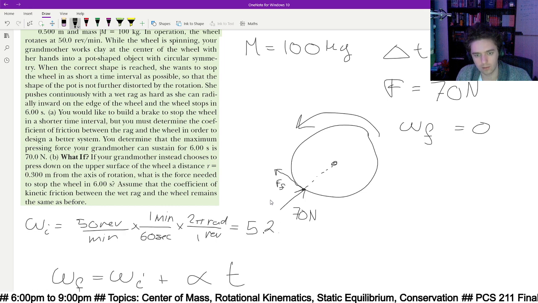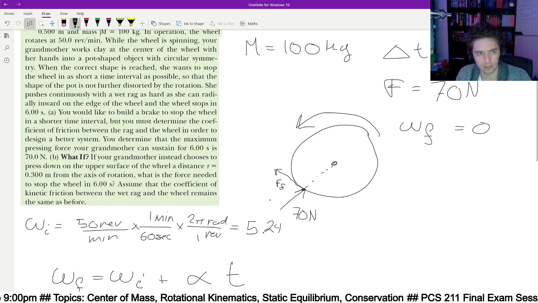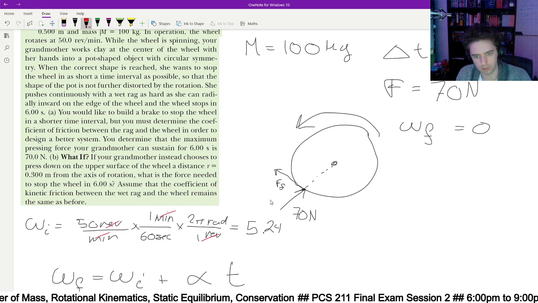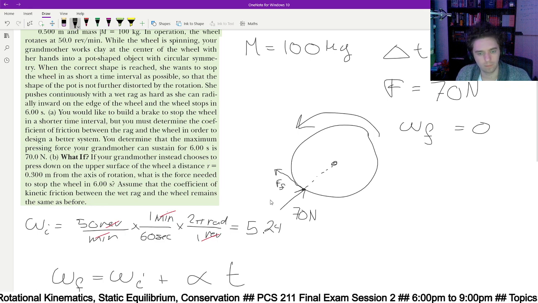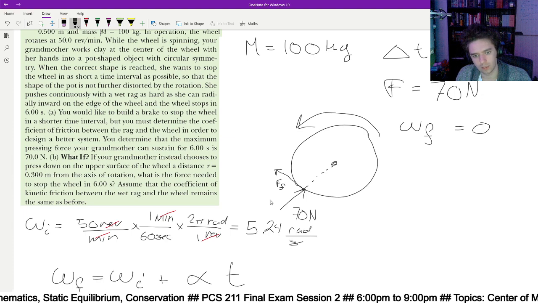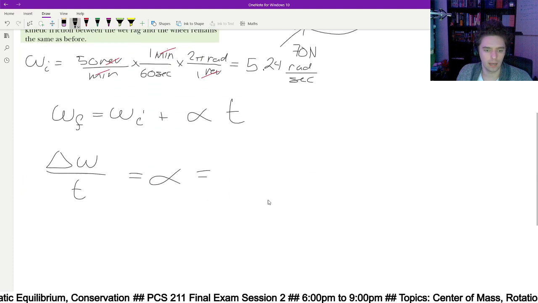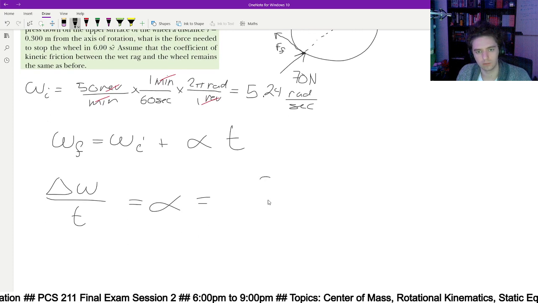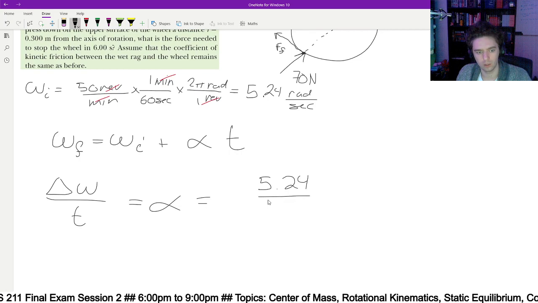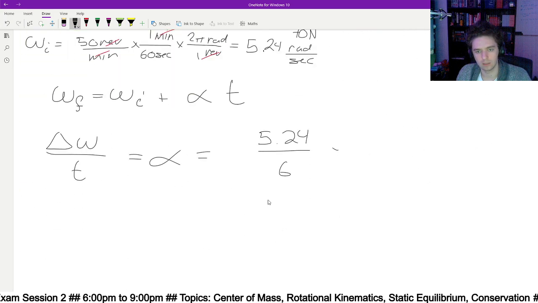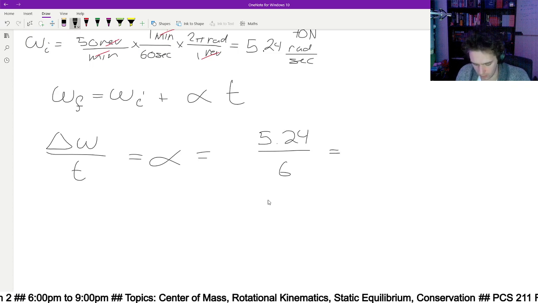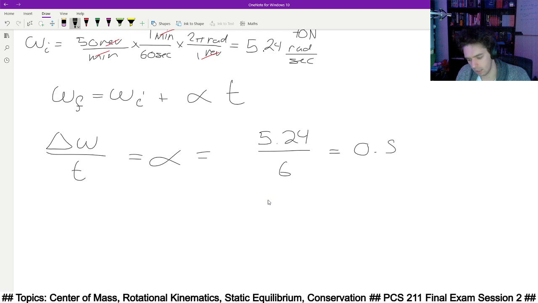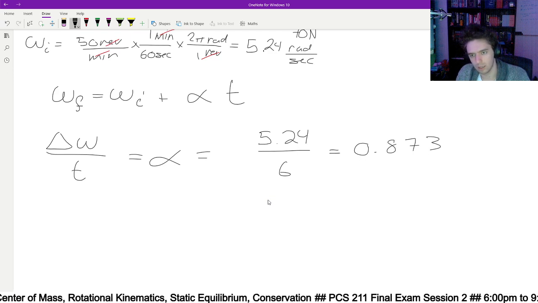5.24. The revolutions go away and the minutes go away, so it's just radians per second. Okay, so we know our omega i. Let's find our alpha. So it's going to be final minus initial. Well, initial is 0, so it's just final, 5.24 over delta t, which we said was 6 seconds. Right? So 5.24 over 6. Oh, so I got 0.873